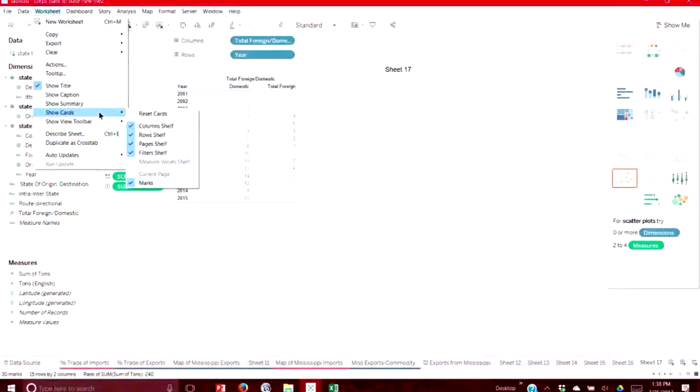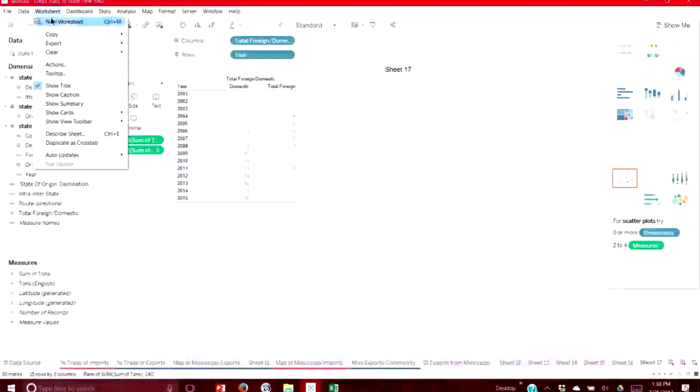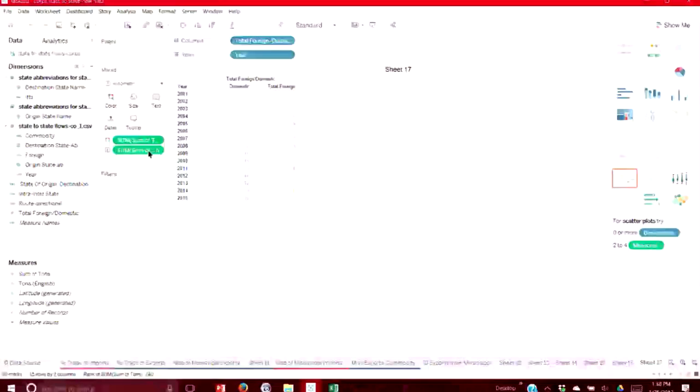So, for instance, if I don't want to show, okay, that's fine. Just have them bring it up here. So if you do Show Cards and you say I don't want to look at my filter shelf, well, it'll take it off. What's a filter shelf? This filter is in the second column. It's going to say pages, filters, or marks. And that's simply, again, the way to save screen space, for lack of a better word. So anyway, hang on for a second.